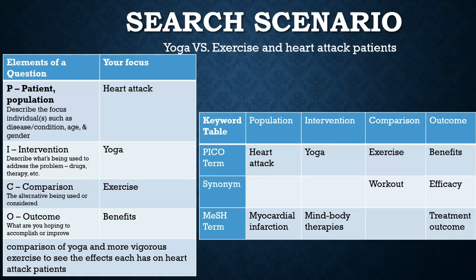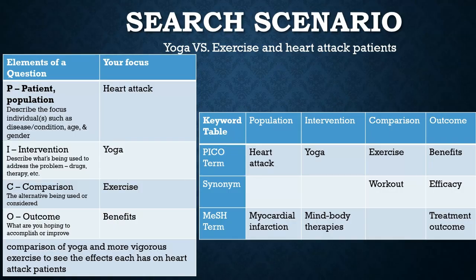To take us through the database, I think it'll be easiest if we have a specific topic and scenario in mind. So for our example, we're going to compare yoga to a more vigorous exercise and see which has the best potential for lowering the risk of heart attack. And from that scenario, we have our Pico question. And from the Pico question, we pulled out our Pico terms, which we are going to use to build our